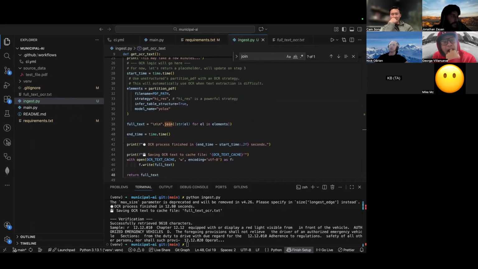I would go to the documentation for the libraries we're using and try to see where you set that sectioning. It might go in the elements portion there. I would have to see if there are any different settings. It says infer table structure equals true, strategy high res model. I assume there are some settings you could tell it, hey, it's actually two columns, or something similar to that. Maybe not that simple, but